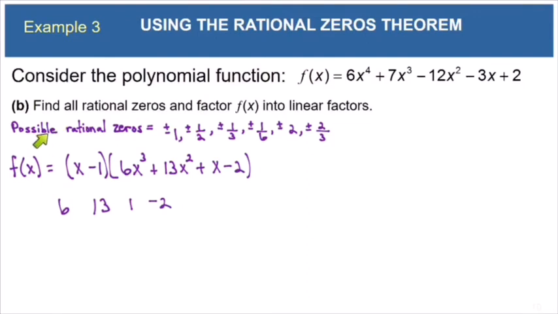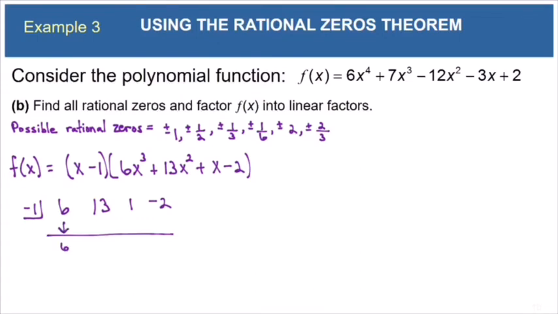So remember, we had a list of possible rational zeros. Here they all are. And we already had done the synthetic division to factor this big fourth degree expression into a linear factor times a third degree expression. Now I'm still going to be pulling numbers from this list of possible rational zeros, but now I only have to find one that goes into this third degree expression. So that makes it a little easier. And since we already used the positive 1, this time I'll use the negative 1. And let's just go through the synthetic division here.